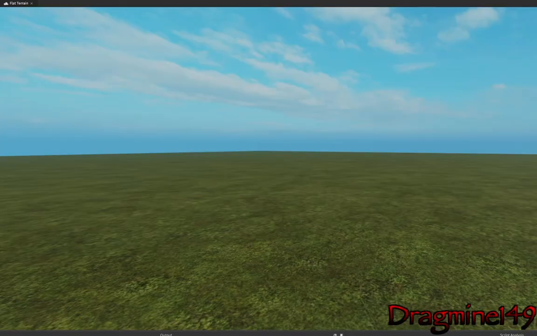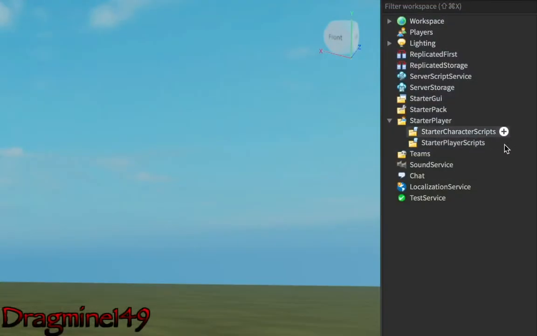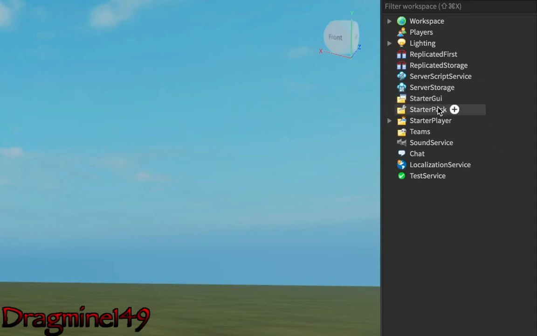So, first up, the most important part of the UI is the screen GUI in Roblox. So if we go over to our Explorer window, click the plus button on StarterGui.